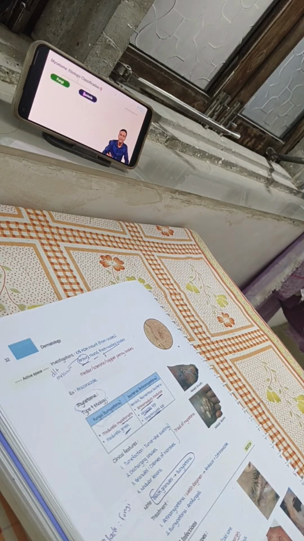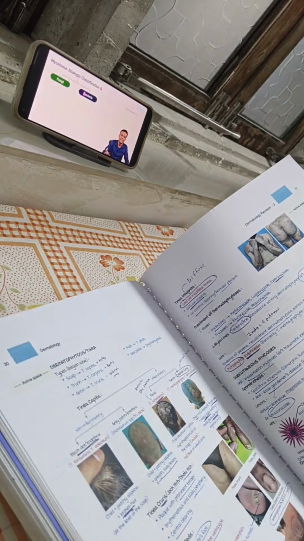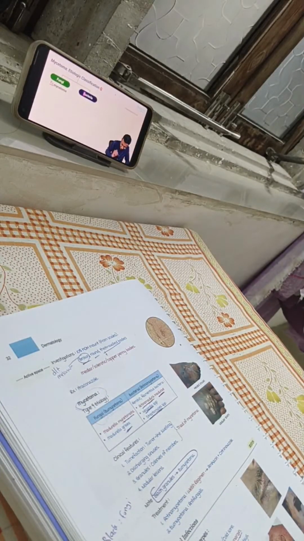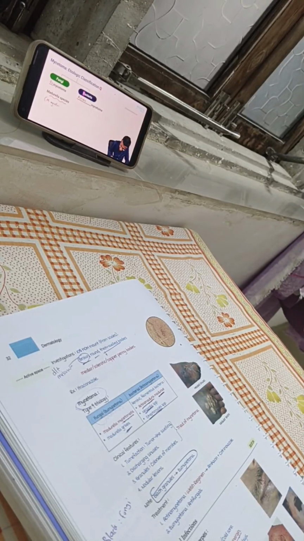Moving on to mycetoma. Now, mycetoma is a chronic granulomatous condition. It's a fungal infection. It can be classified based on the etiology. Is it produced by fungi or bacteria? If it is produced by fungi, we call it eumycetoma. If it is produced by bacteria, we call it actinomycetoma. So eumycetoma and actinomycetoma. And eumycetoma is produced by Madurella species, that is Madurella mycetomatis